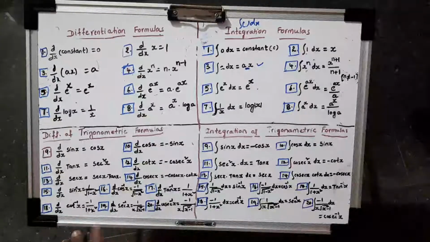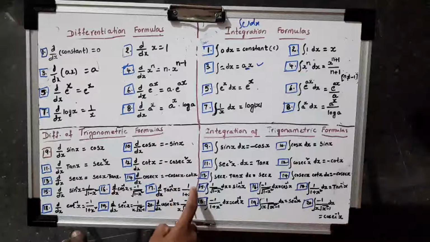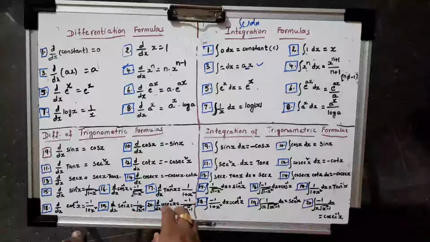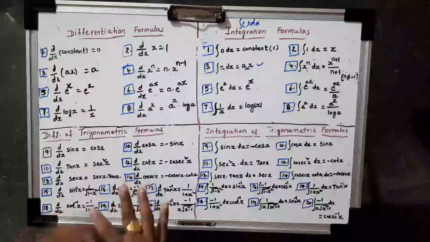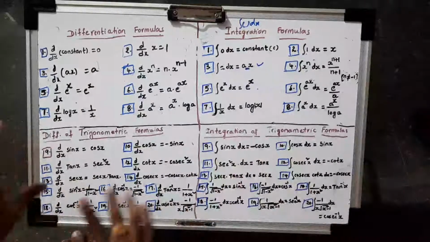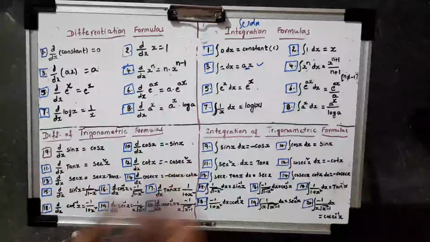Also, a main important point here: observe that for sin inverse and cos inverse you get root of 1 minus x square, but in tan inverse don't put the root. You should understand this difference. Why? Because sin inverse x has the root in its formula, but in tan inverse x and cot inverse x, don't put the roots. In that way you have to read and remember.